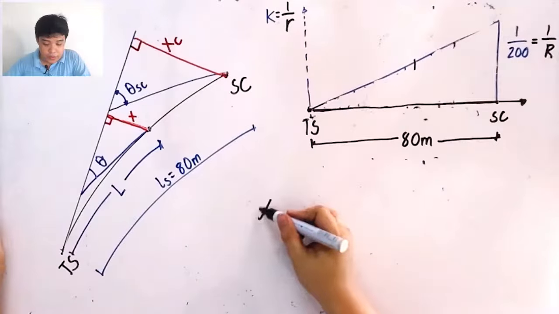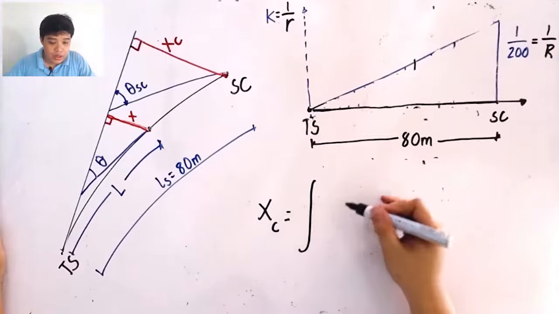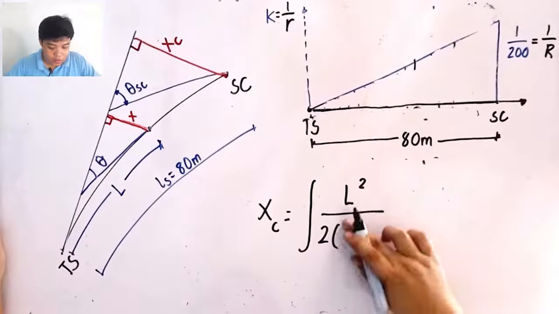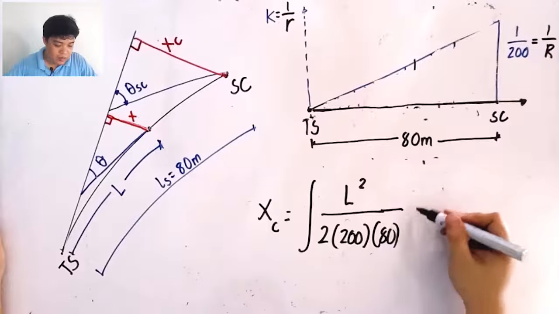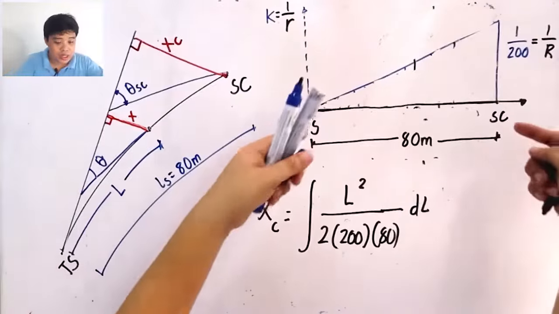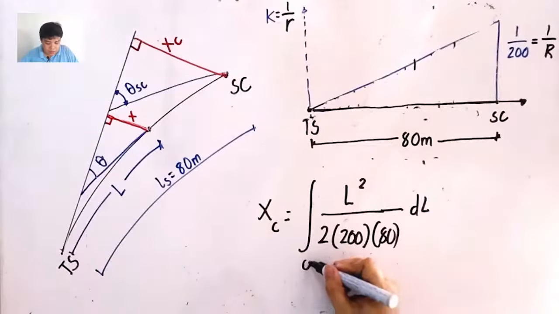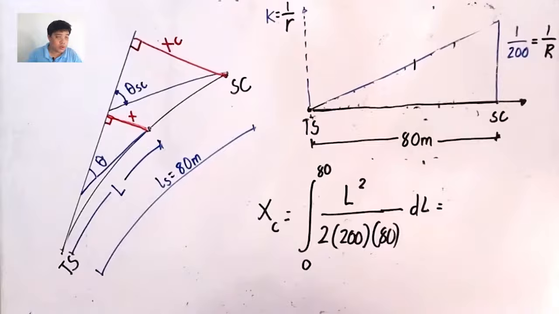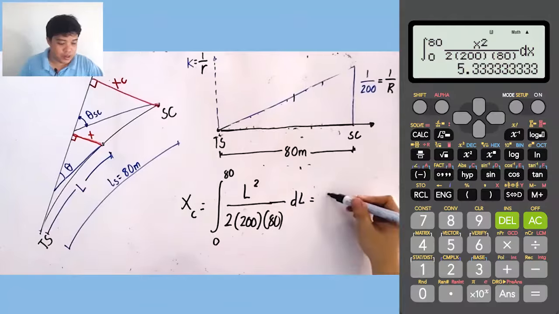So, if you want to get the value of X sub C, as I said a while ago, integrate L squared over 2, what is the radius? 200. And the length of a spiral is 80. And then, since you want to get the X up to SC, you just integrate from 0 to 80. Okay? So, if you press it in our calculator, the answer is the same, 5.33